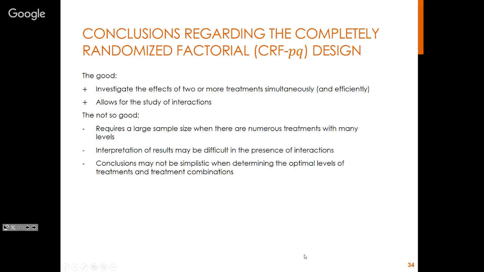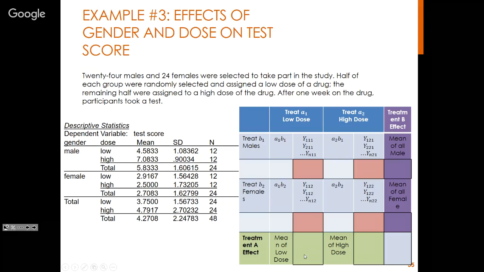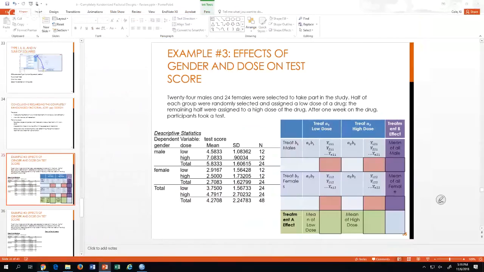Okay. Any other questions about the completely randomized factorial design? All of homework 5 is specific to the completely randomized factorial. So you should be able to do that. Now I have another example that I want us to go through in SPSS together, step by step, because it has to do with those simple main effects and typing all that in, and I want to make sure that we understand that. So in your Brightspace today, I uploaded a new data set, and it is called